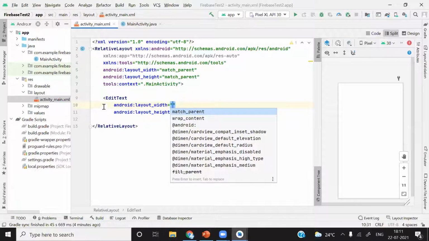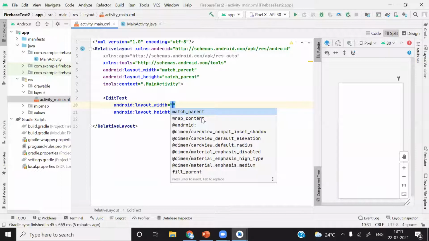Now you can see here android colon layout width. So width is, if I make this match parent, then this edit text will cover this entire width. You can see here, this entire width. And if I make this wrap content, it will take only the space which is required.